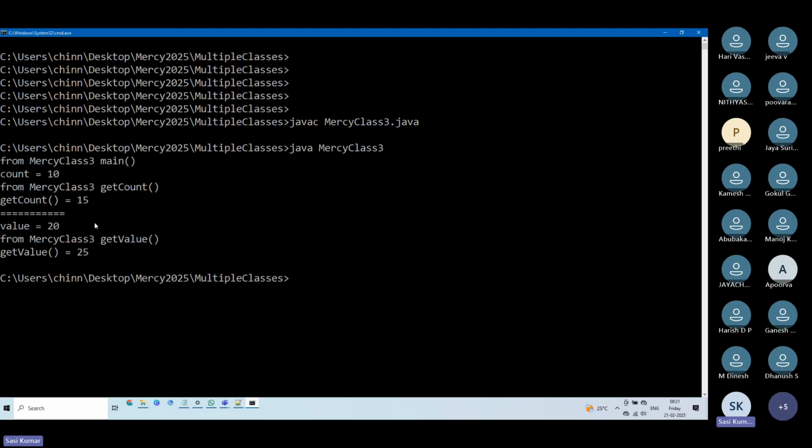And you can see this. We are having the dotted lines that we have introduced, and we are getting the value. We are getting the value from where? From MyClass3. And then we get the getValue, and the getValue is 25. So from MyClass3 getValue, let's go here. From MyClass3,